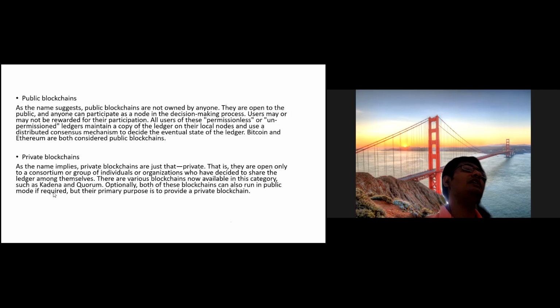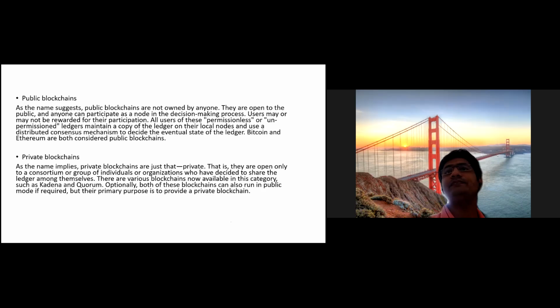So there is a consortium or a group of individuals, basically, let's say a banking system, right? A bank wants to make their own blockchain implementation. Then the bank will do what? They will make their own consortium and they will use the private blockchain because there are some rules and regulations that need to be followed irrespective of them using the blockchain. Makes sense, everyone? So they are going to make use of a private blockchain. Yes or no? Are we all clear?